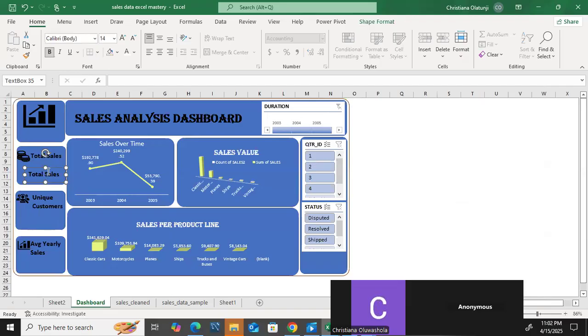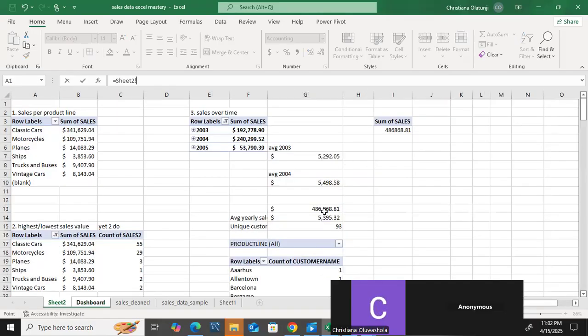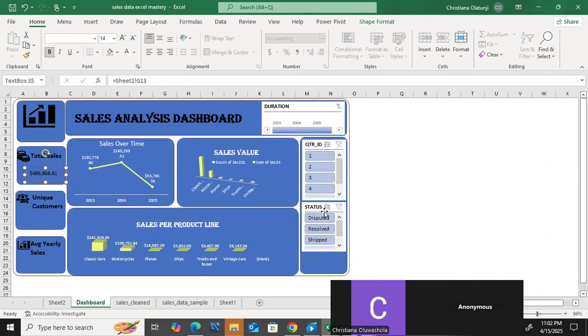So let's see if the referencing would work. I'll just come to my formula bar, equal to. I don't know if we did sheet referencing. I can't remember. Oh wow, it worked. I was trying it before, it didn't work. That's great. So now I can select this, make it bold, and